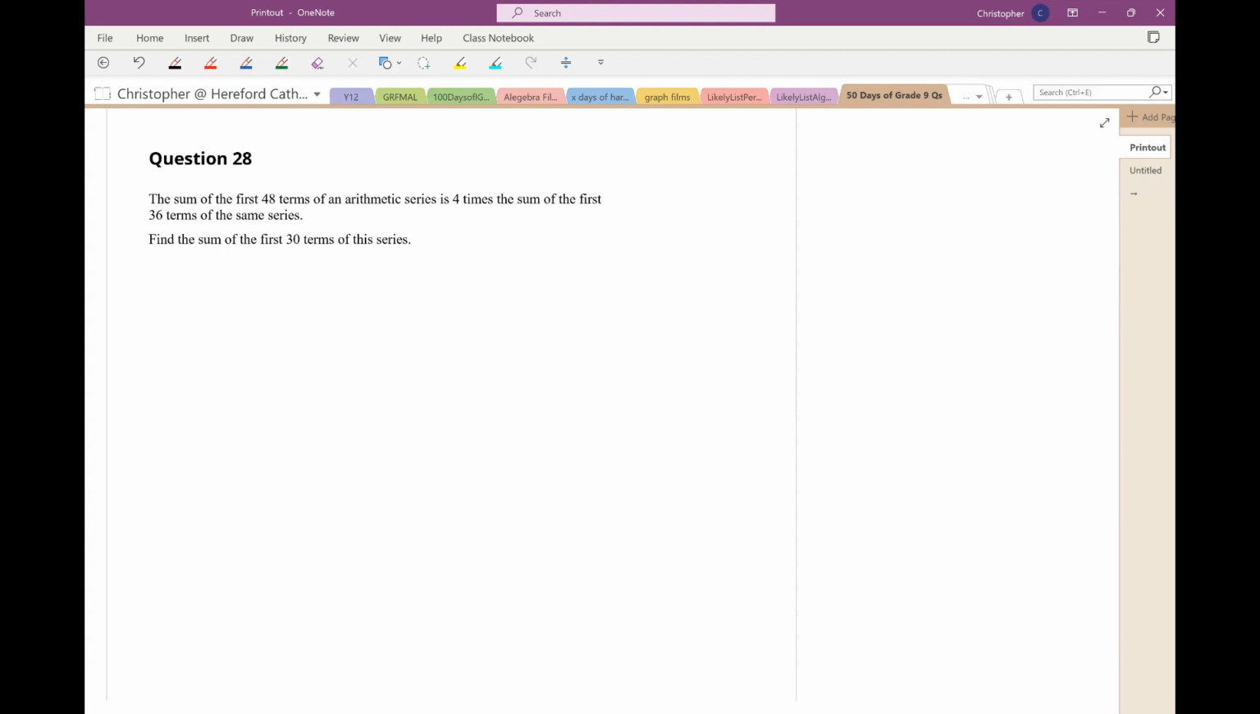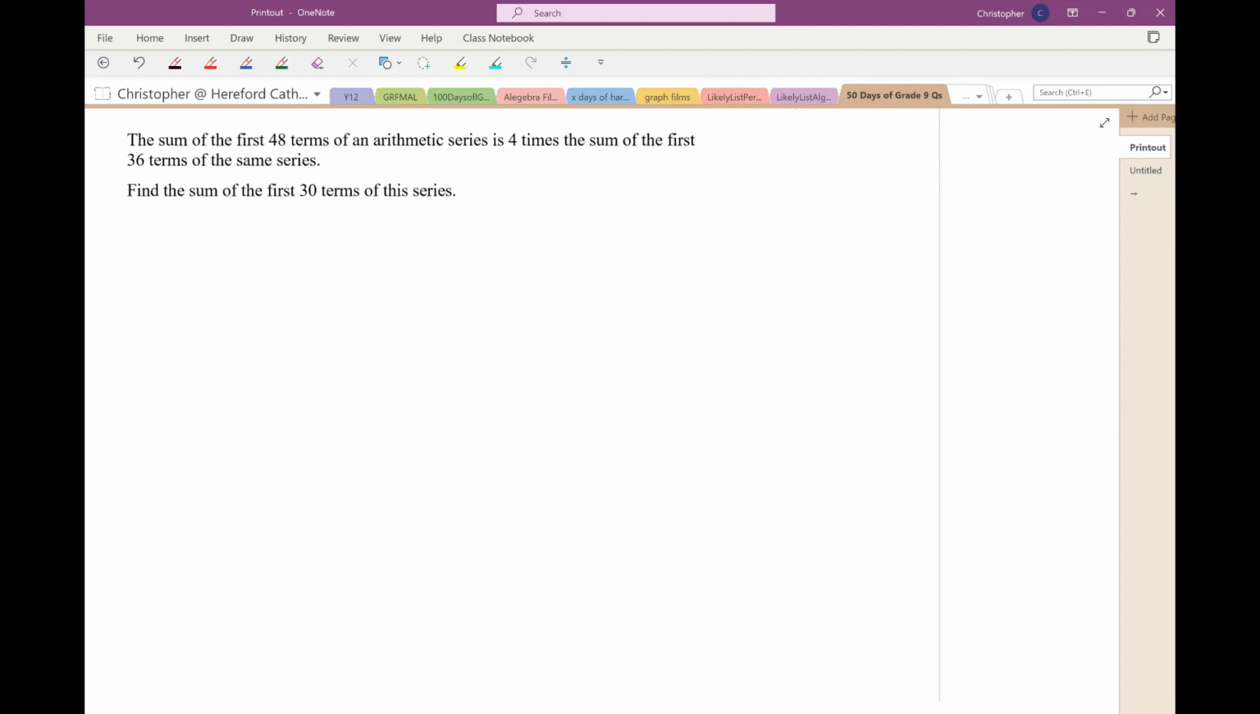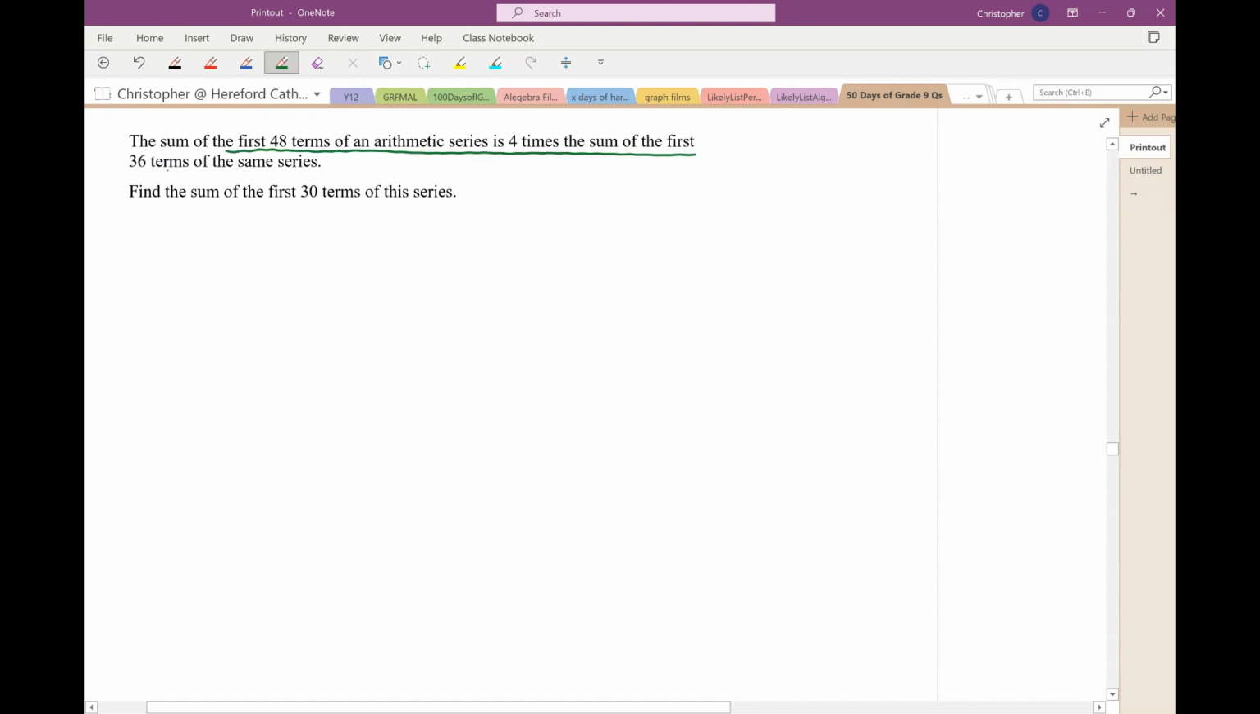Question 28. This looks like a question about series here. Now, the sum of the first 48 terms in our arithmetic sequence is 4 times the sum of the first 36 terms of the first sequence. Okay, that's going to give me an equation, isn't it? And then I've got to find the sum of the first 30 terms of this series. Right, so